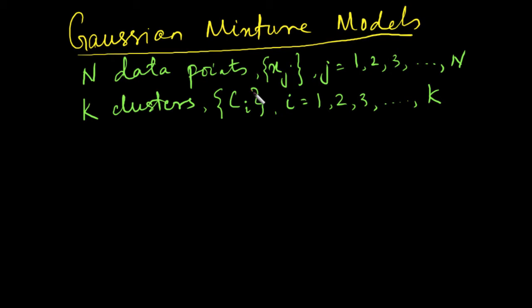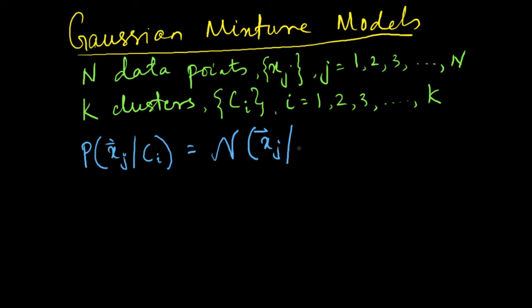And this we do using a mixture of Gaussians because each cluster has its own separate distribution. So the probability of a given data point belonging to a particular cluster Ci is modeled using the Gaussian distribution,